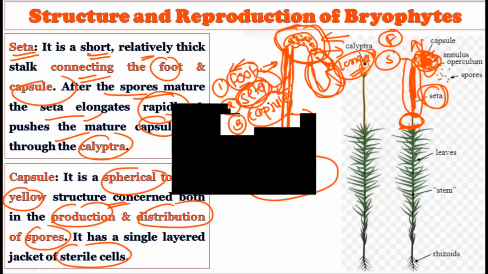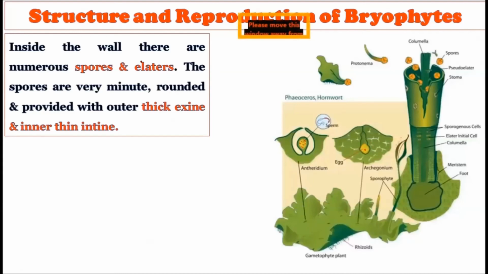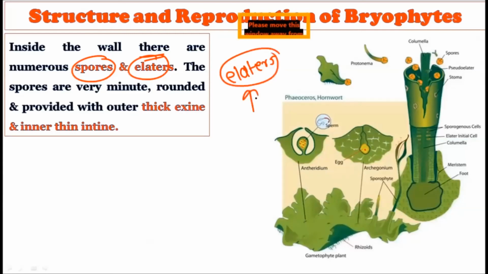Then the capsule is oval to spherical in structure. It is yellow in color and is responsible for the production and distribution of the spores. Okay. Now consider inside the wall, there are numerous spores and the elaters. Elaters are those structures which help the spores to spread in the surrounding environment. Now see, the spores and elaters are present inside the wall of the capsule. Whatever the capsule is there inside, observe this. These are the spores. Okay. These are the spores, and these spores are liberated through these elaters,